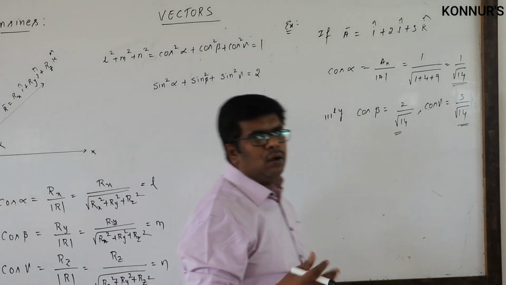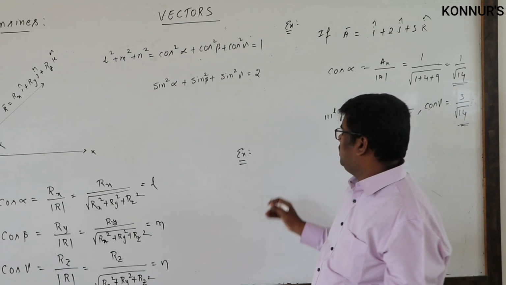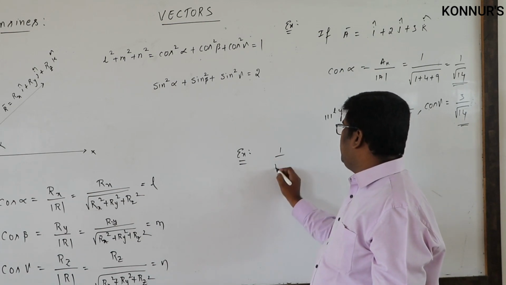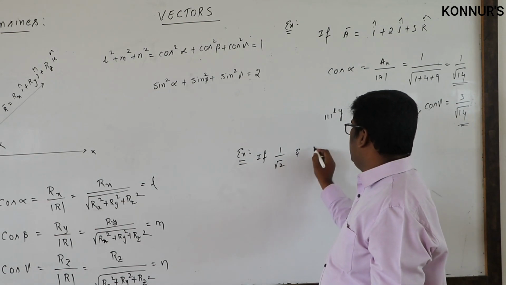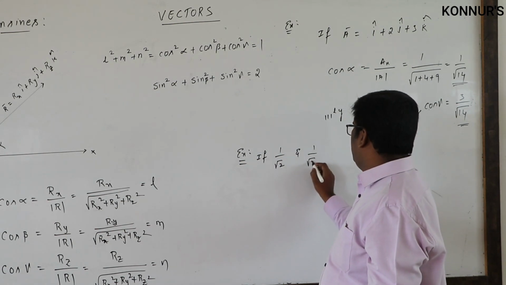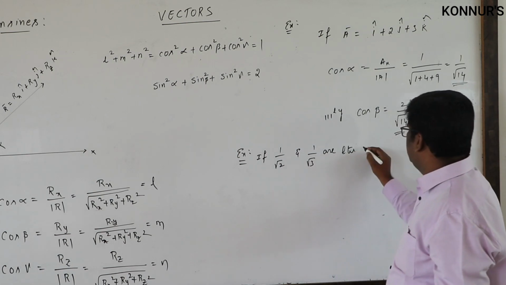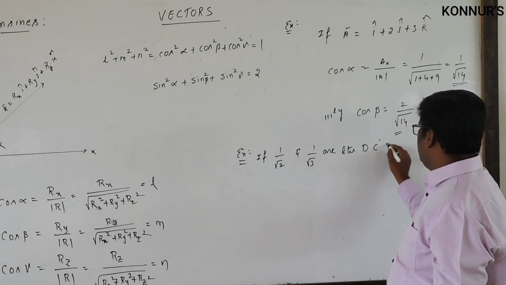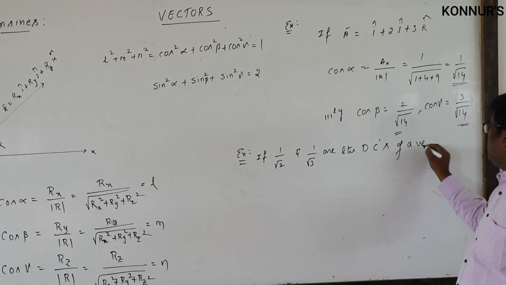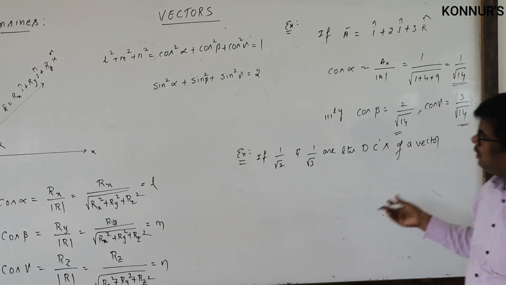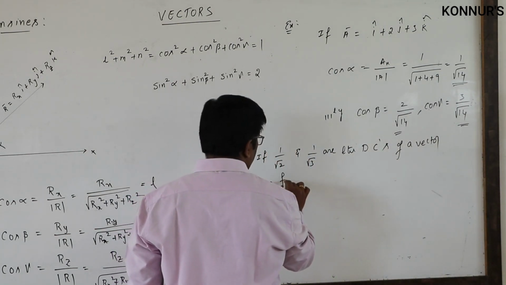If they give two direction cosines and ask for the third direction cosine, let us say 1 by root 2 and 1 by root 3 are the direction cosines (DCs) of a given vector, then find the